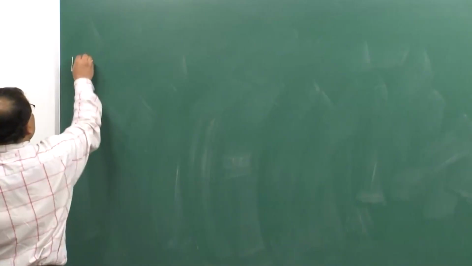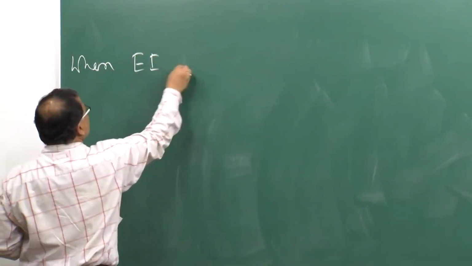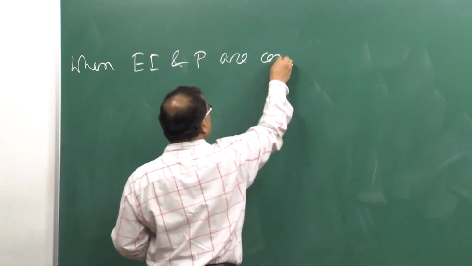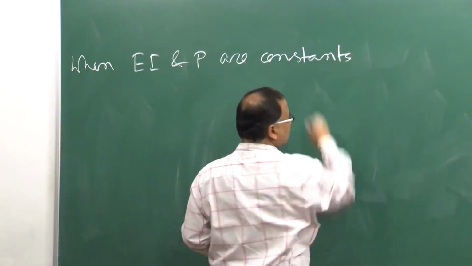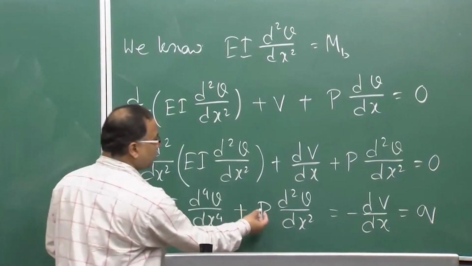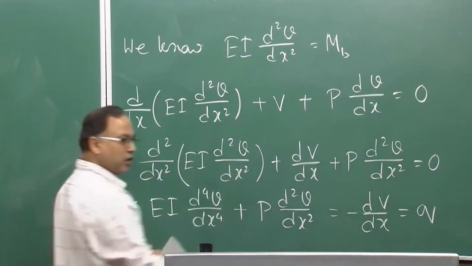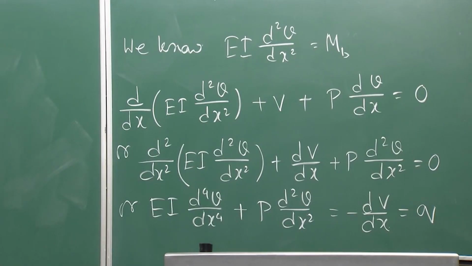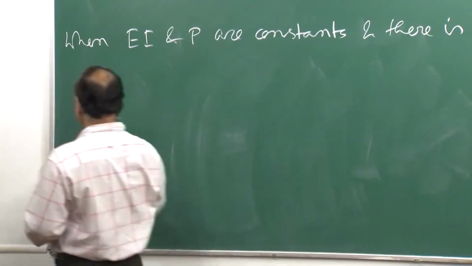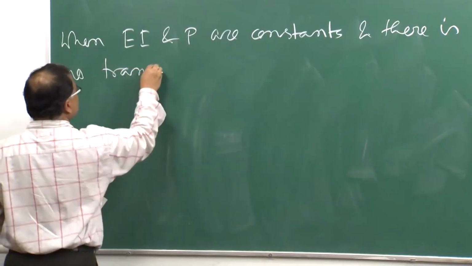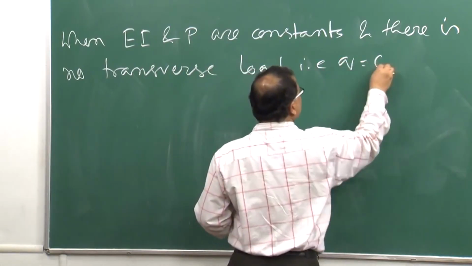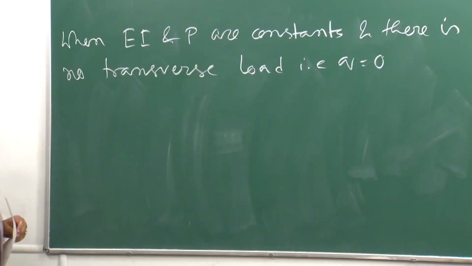So when your EI and P are both constants, because EI is constant, that is why I could take EI out. Similarly, P is constant, therefore I could take P out. So they are constants, and there is no transverse load, that is Q equal to 0. Then we can write